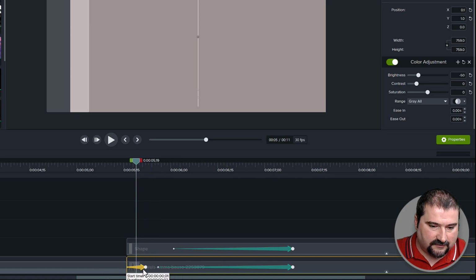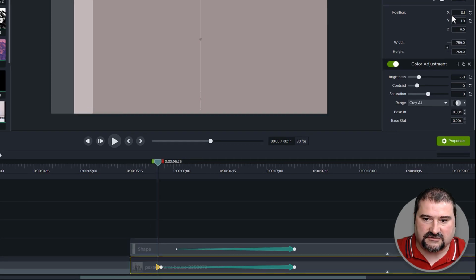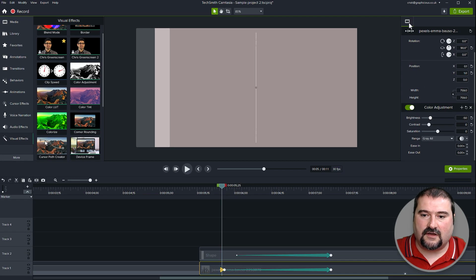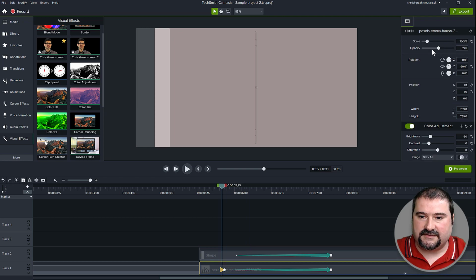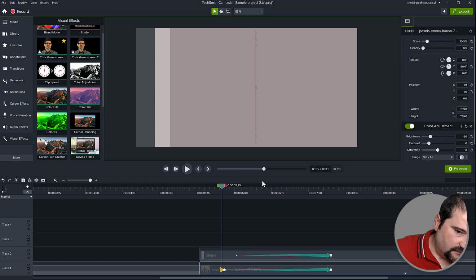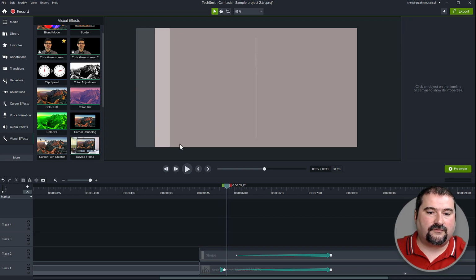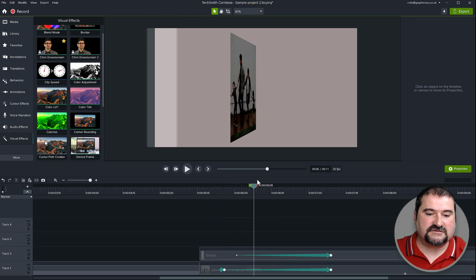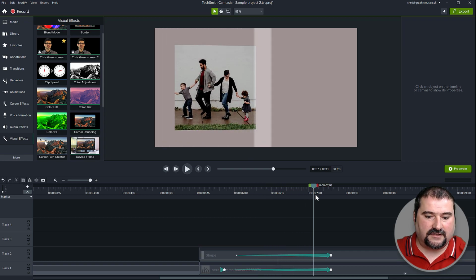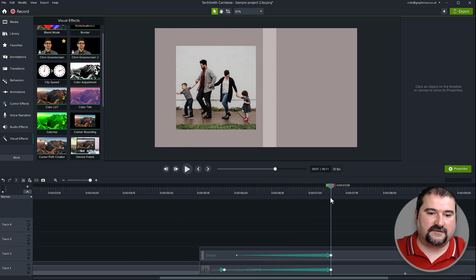I'm sure there's a better way to do this. So here we go. Just one frame of animation. Opacity on the object should be down. Okay, so now you technically shouldn't see it. And then you move one frame and then it shows up and it starts to animate right there. Okay, I think I'm happy with this.